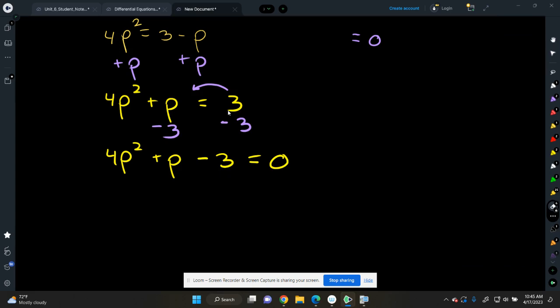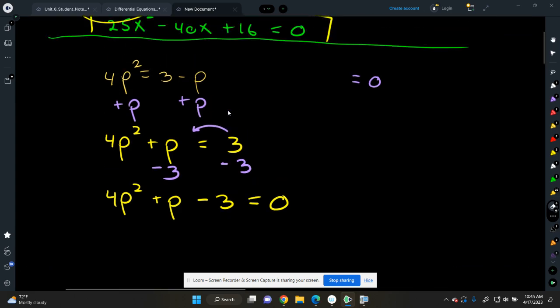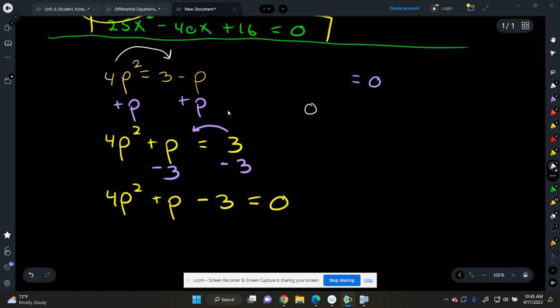Okay? So, are you allowed to? Yes. However, I don't want you to. And this is why, right? If we move the 4p squared over instead, we'd have 0 equals negative 4p squared